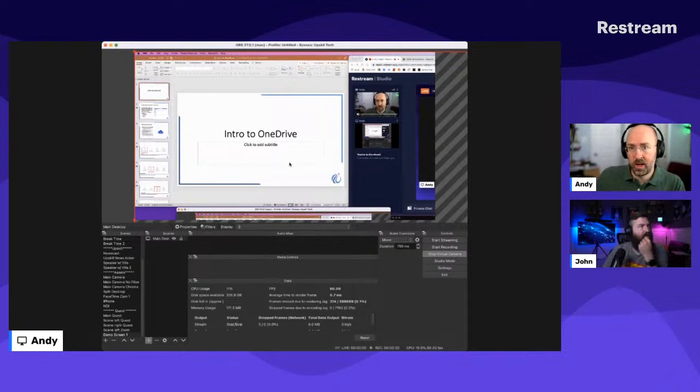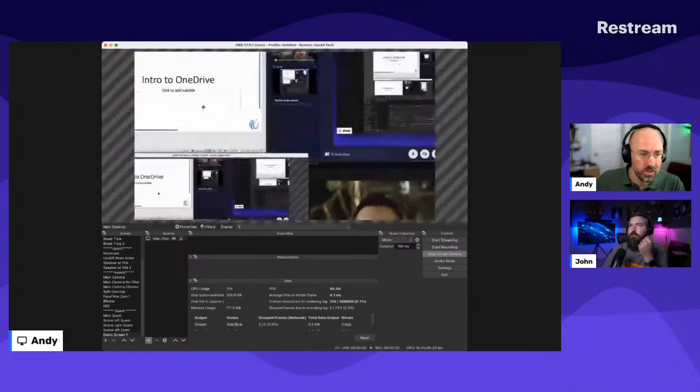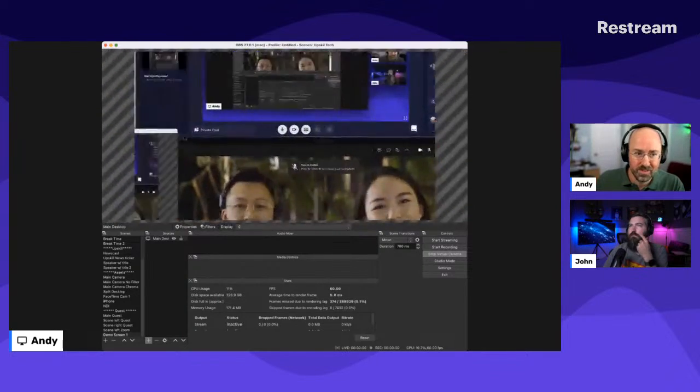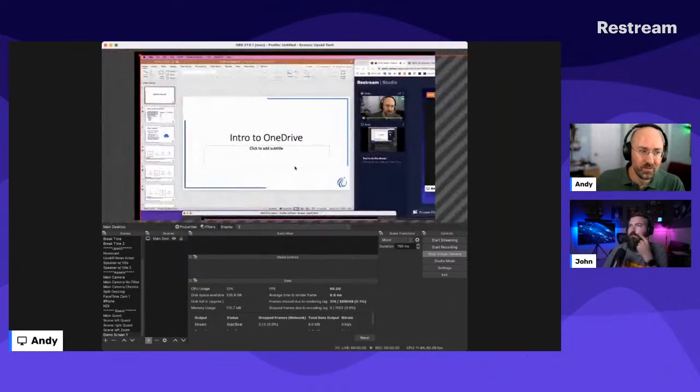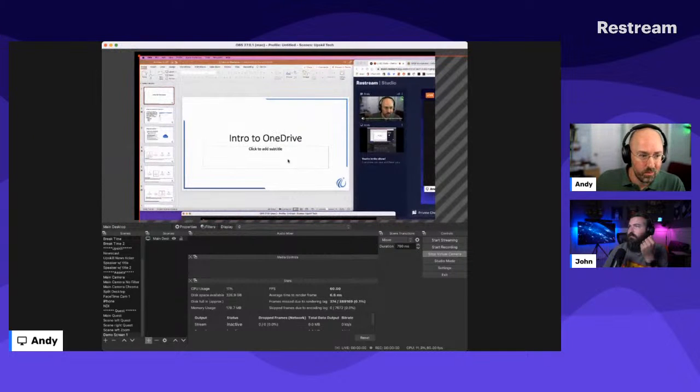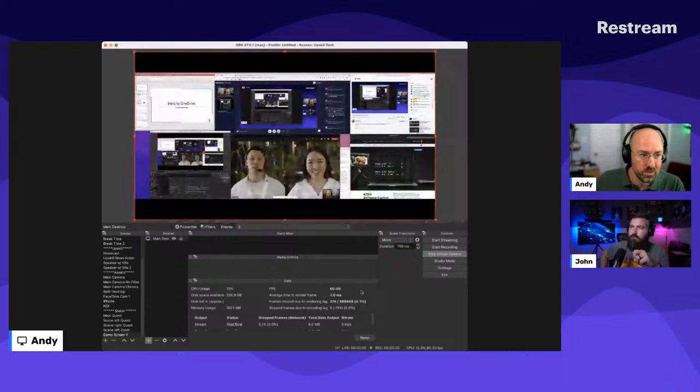Now I have a really widescreen monitor. So like my desktop's really big. There's a lot going on there. But if you're familiar with like transforming, you can transform and you can make that like fit to the screen. So like that's my whole desktop. That's everything that like I'm actually looking at live now in front of me. And then I can layer other things on top of that.